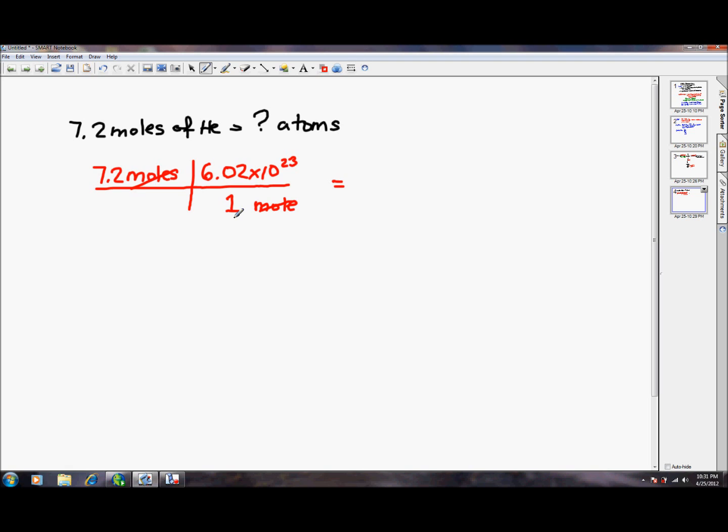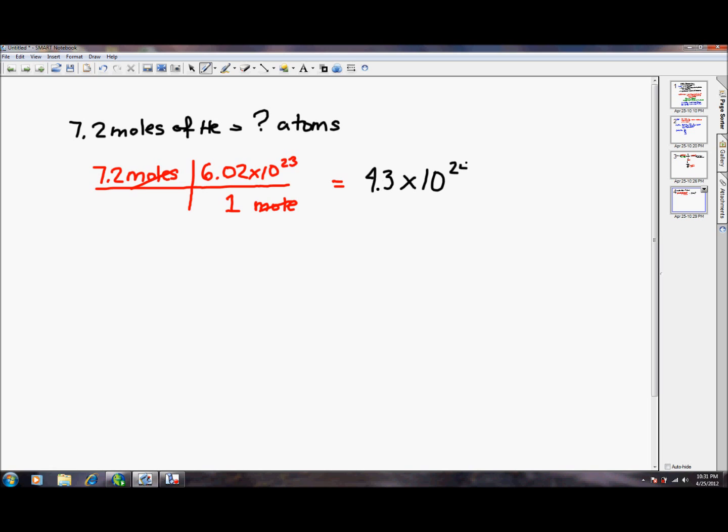Okay, so I'm going to take 6.02 E23 times 7.2 and give my answer to significant figures. Yes, significant figures are back. There are 2 significant figures here. My answer originally in the calculator says 4.3344 times 10 to the 24. I have to round that off to 2 significant figures, which means I'm going to round to 4.3 times 10